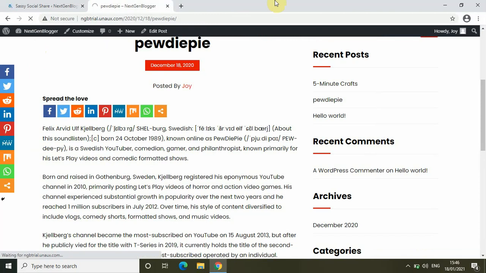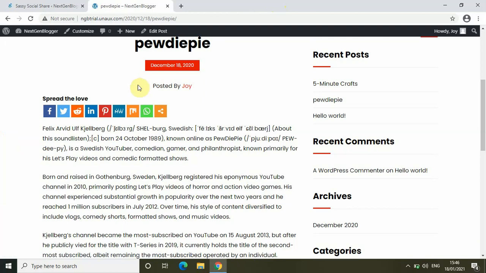So let's just wait for the blog to get refreshed, and I'm pretty sure the floating interface will go away. And as you can see, the floating interface of social share buttons just vanished because I disabled them.